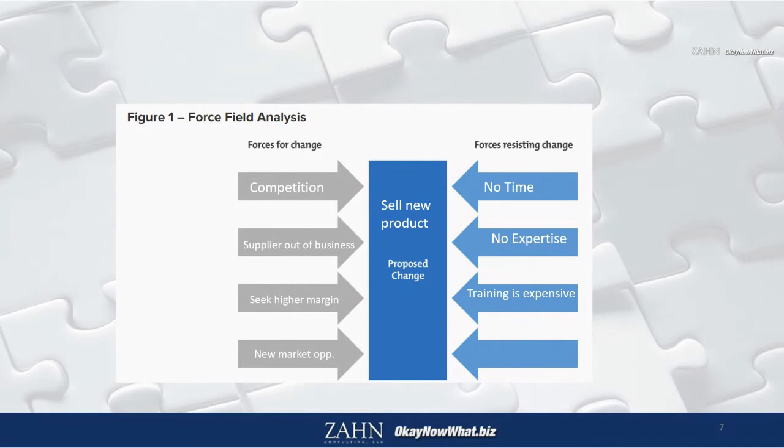We'd have to take people out of their current job to either put them into a classroom or devote too much time to online training, and then we run the risk that people won't learn what we expect them to learn. So we'll have to do remedial training, and it gets time consuming, expensive, and we're not even certain that we have the expertise to pull this off anyway. And then on top of that, this new product is going to require new machinery, and that also adds cost. And now we've got to develop new relationships. We have to vet the new supplier. This is a hard thing to pull off.